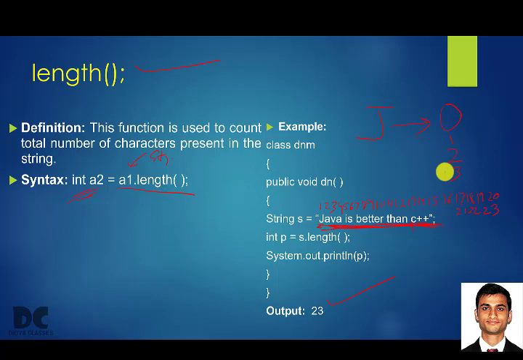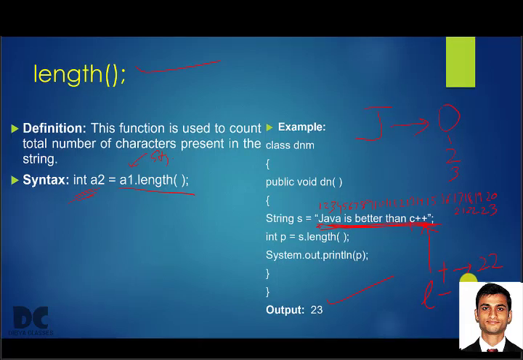So what is the position of the last character, that is plus? Is the last character plus? Its position is 22, that is nothing but total length minus 1, because the length will count from 1 but the position gets counted from 0. Understood? Clear? So there are many more string functions which will continue in our next class.